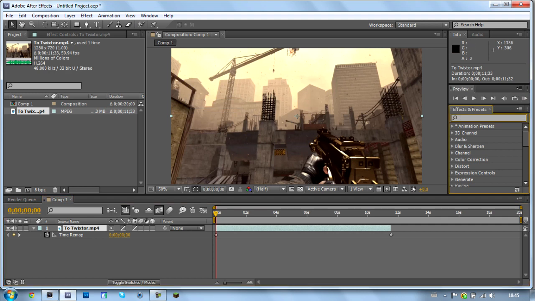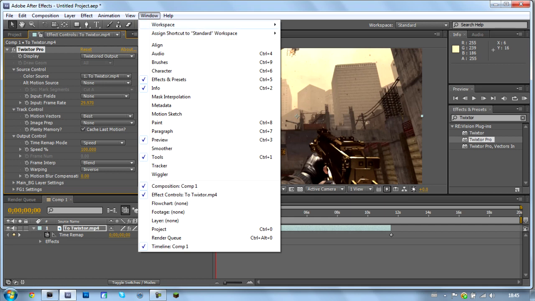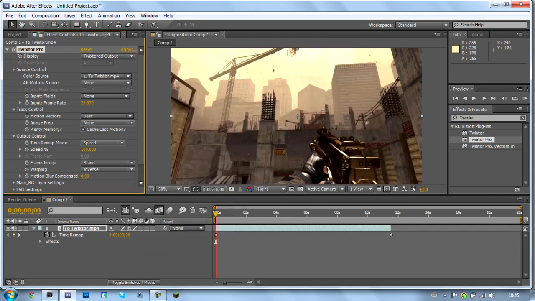You can put your Twixtor. Just type in Twixtor in the effects and presets search bar. Drag it in. Now before anything, my setup is you go Windows, Workspace, and you put it to Standard. This is my workspace. So first thing you want to do in the Twixtor settings, you want to put it to 59.94 frames per